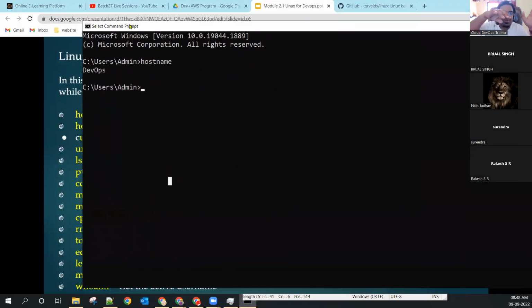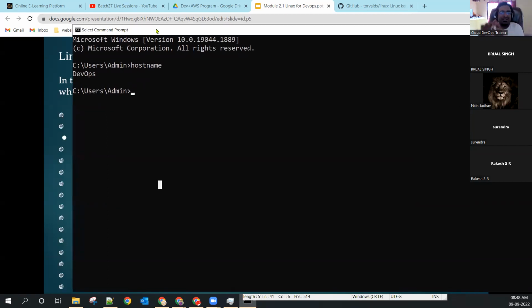You can also open the command prompt on your laptop and type hostname. You will get something. Any one person type it and let me know quickly. What is the name you are getting, Nitin? My username. Something, right? Your username is coming. Correct. So don't think that these commands are only in Linux. These commands are in Windows too. If we don't know that, it's not good. We have to be at an advanced level and understand Windows also.